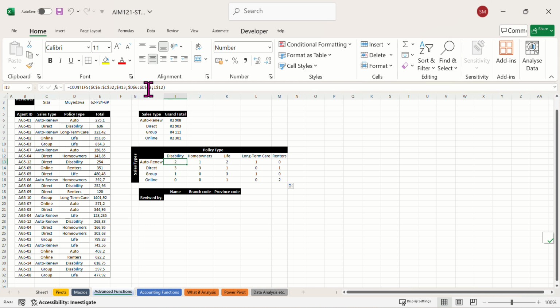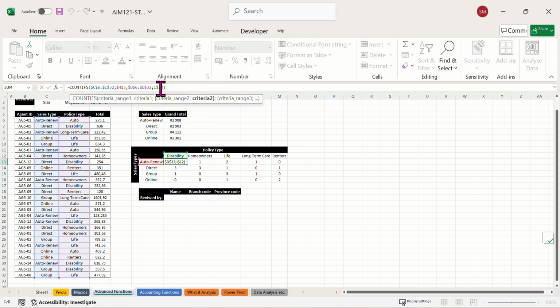But because of my mixed cell referencing, where sometimes it's just a row that I want to remain absolute, like in this case, my row remains absolute because my policies are always in row 12. Whether I copy it down, the policies will always be in row 12. So I want it to be in row 12. And then here I make my H absolute because no matter where I copy this down to or copy it across to, my policies always remain in column H. But the 13 can change because if I copy down,